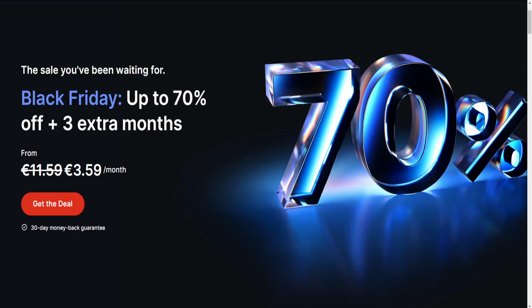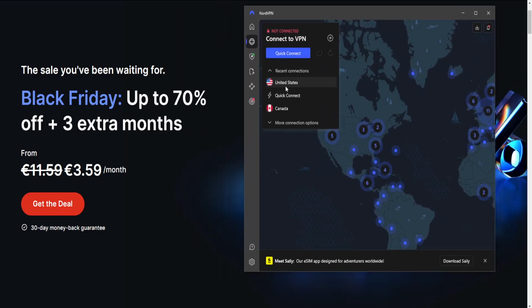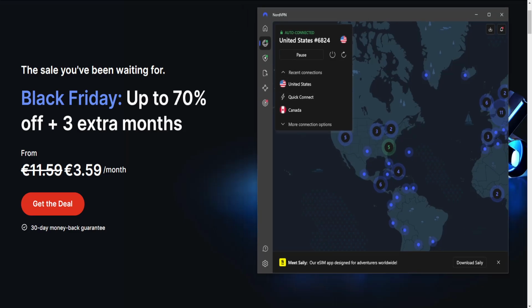And after you have signed up and downloaded it, it is going to look like this. Now what you want to do is connect to the United States. This is very important, like I said, otherwise it is not going to work. So connect to the United States here, and after you have connected to the United States, you will just go